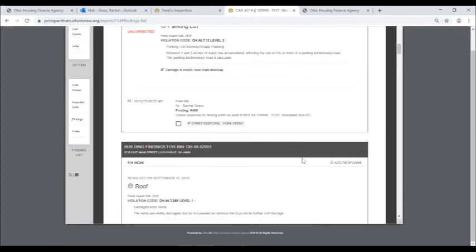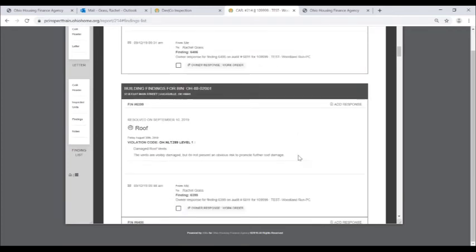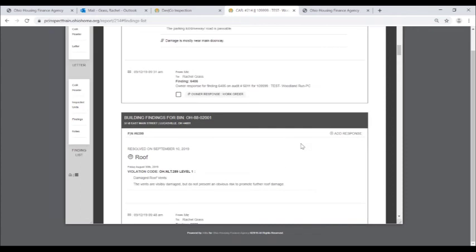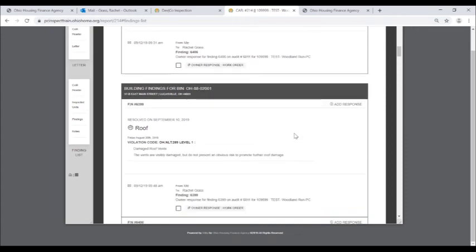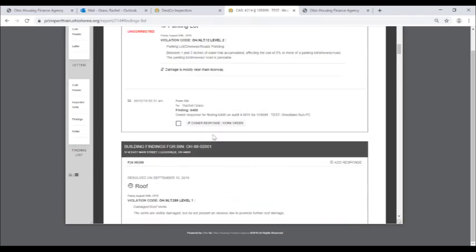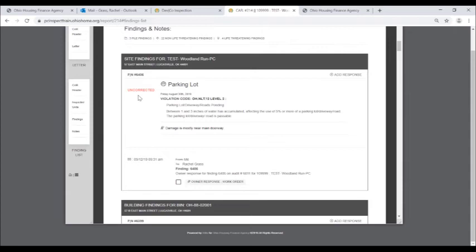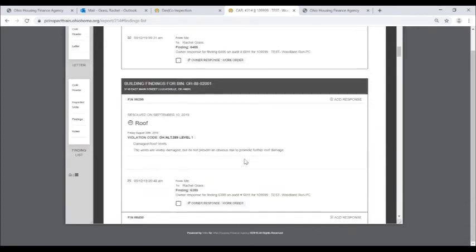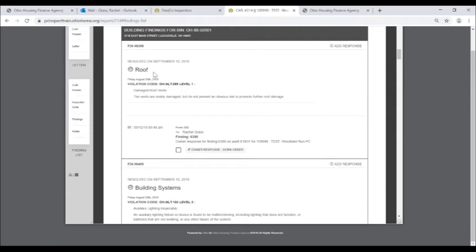For the purposes of today, many of these findings already have responses listed on them so that you could see what that would look like. And also, several of these have already been marked as resolved. So we have this parking lot finding here that's listed as uncorrected. So that's one that still has not been approved by the auditor as having a response that is complete. But the one here for the roof is already marked resolved, and it includes the date that it was